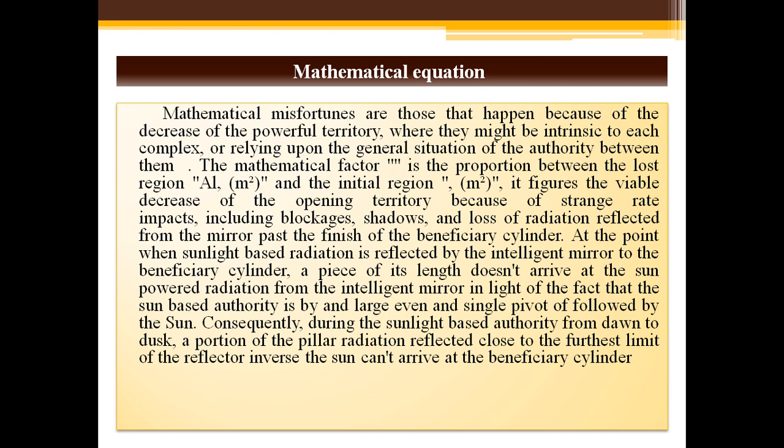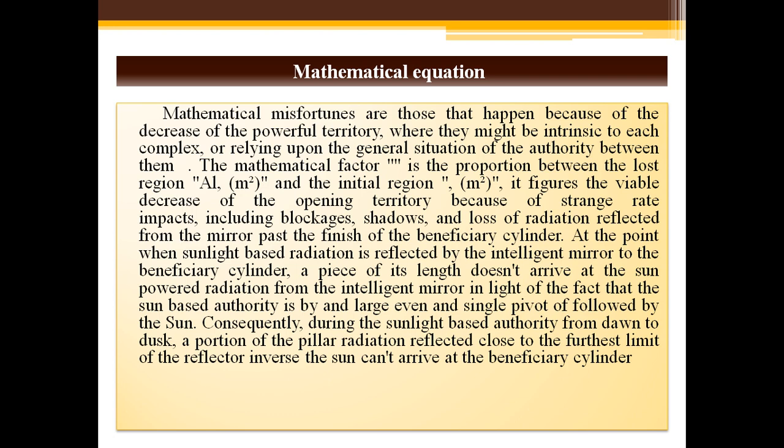The geometric factor is the ratio between the lost area and the opening area. It calculates the effective reduction of area due to abnormal incidence effect, including blockage, shadows, and losses of radiation reflected from the mirror, the end of